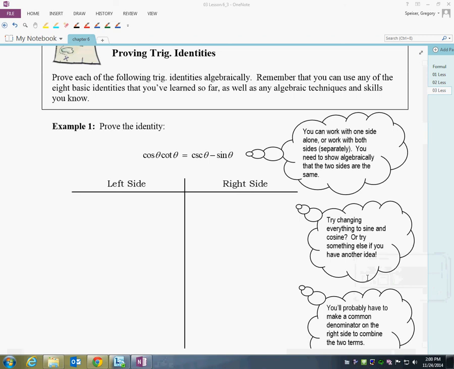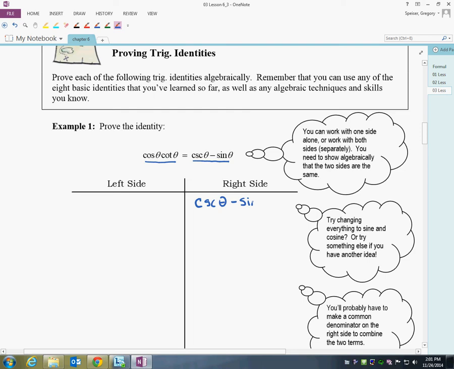Okay, so here is our first example to prove this identity. So we're going to try to show that the left-hand side is equivalent to the right-hand side. And we can work on one side alone, or we could work on one side at a time. Here, I think we're going to start working with the right-hand side. We could go both ways. So we're going to take the right-hand side here, and I'll just write down our initial cosecant theta minus the